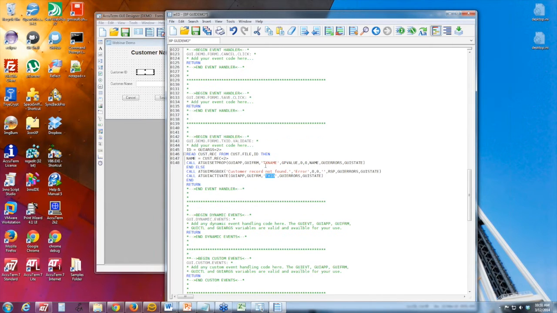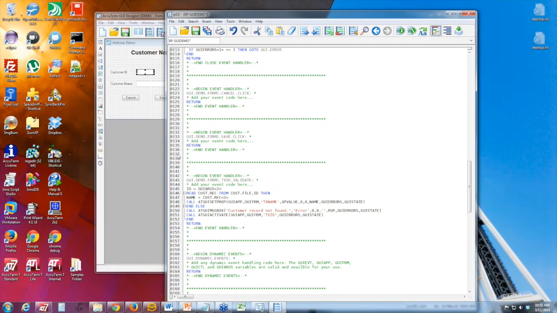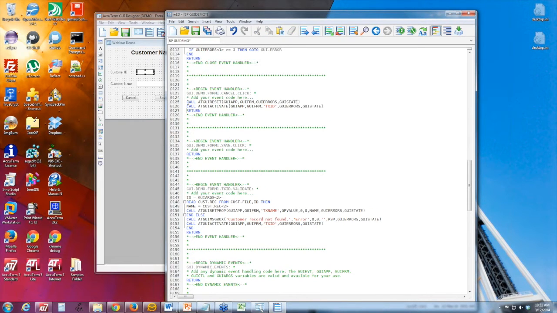Finally, we need to handle events for the cancel button and for the save button. Now let's do the cancel first. So basically, we're going to tell the GUI runtime to reset the form, make it the way it looked when it first came up, and then activate the ID field. For the Save button,